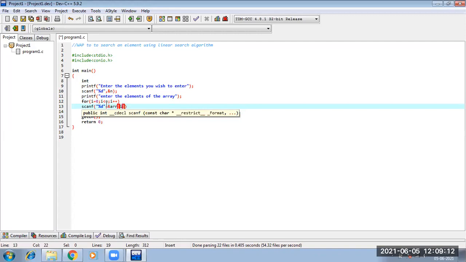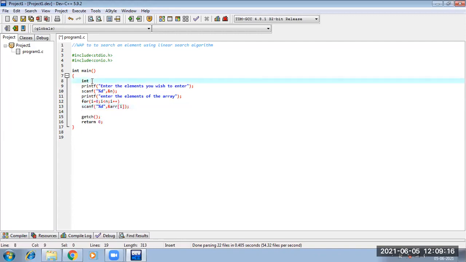These things we all know, right? And I need to first declare my array, then declare the variable which I am handling. Okay, up to this we have done. I need to declare n also, I haven't declared n.